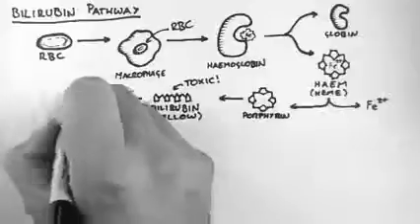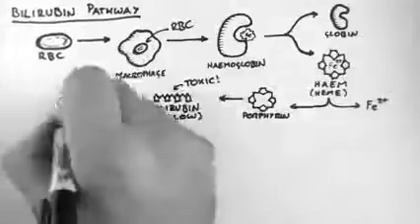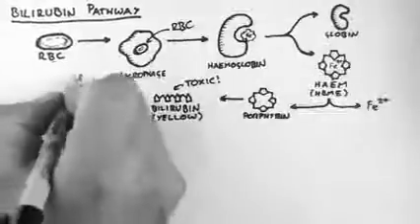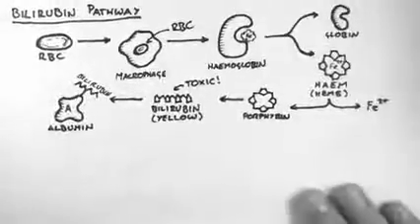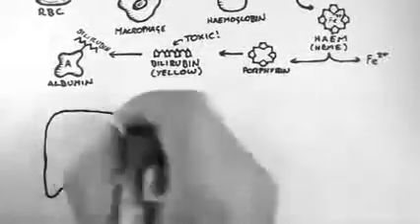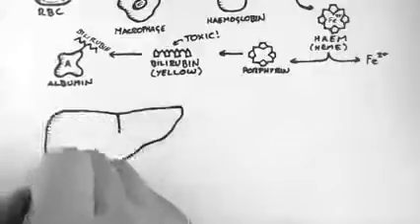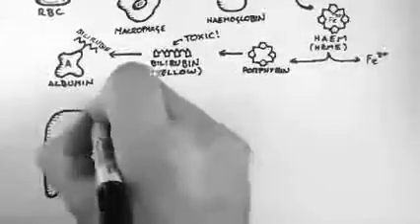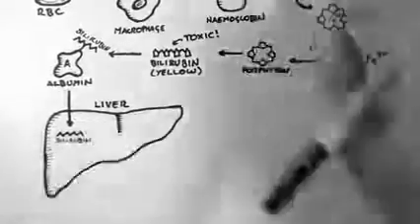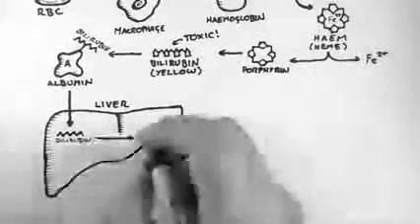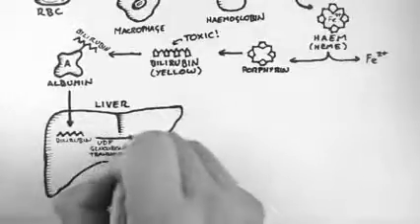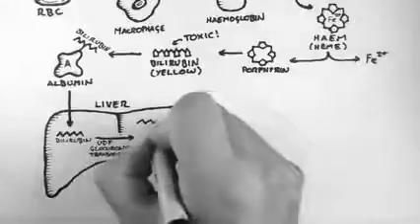Now, bilirubin is not a very water-soluble molecule, so it gets attached to this protein albumin, which carries it through the blood. The albumin carries bilirubin to the liver. Once inside the liver, an enzyme called UDP glucuronal transferase attaches glucuronic acid to the bilirubin. In this way, it